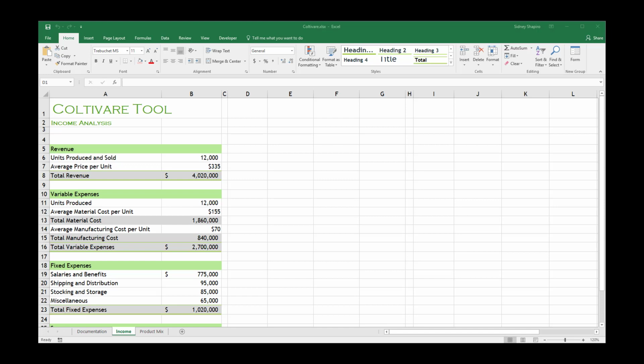Irina wants to use Excel to analyze the profitability of the company's line of power lawnmowers to determine the number of mowers the company must produce and sell in the second quarter in order to be profitable. She's interested in whether the company can increase its net income by reducing the selling price of the mowers in order to increase the sales volume. Okay, so what that means